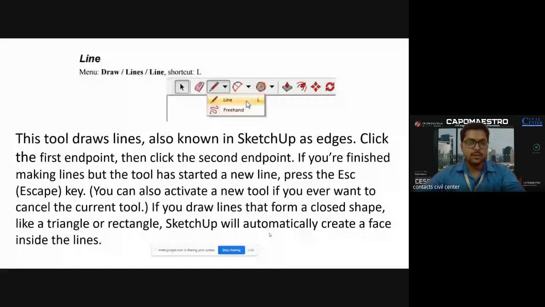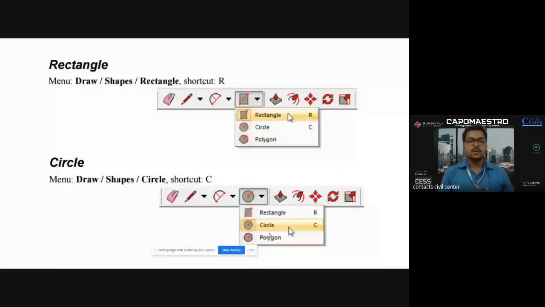Don't worry. There are many extensions in SketchUp, but you don't need to use all of them. Then we have the line tool, which is used for straight lines, and the shortcut for that is L. Then you have the freehand line that Twinkle has already shown. Then we have the rectangles, where you can draw random rectangles or give them a proper dimension.